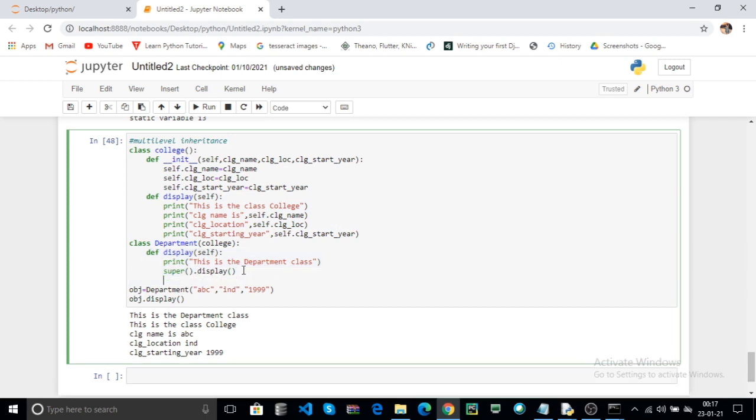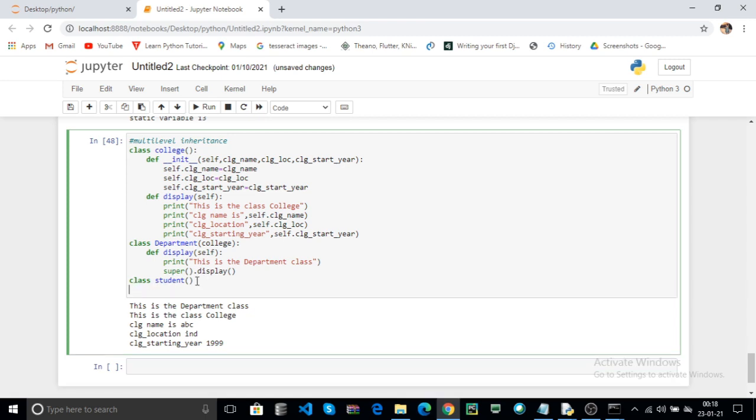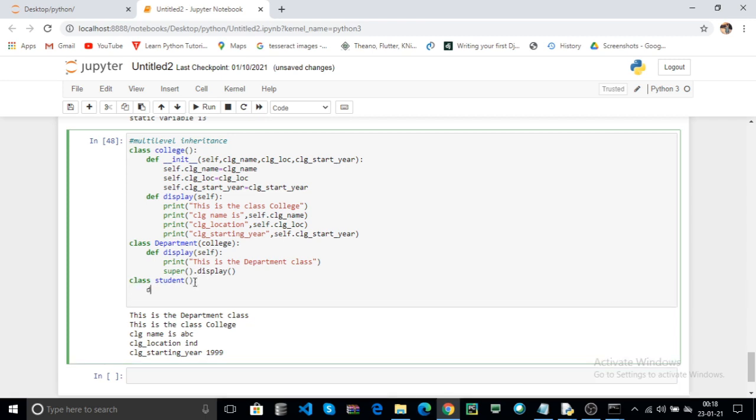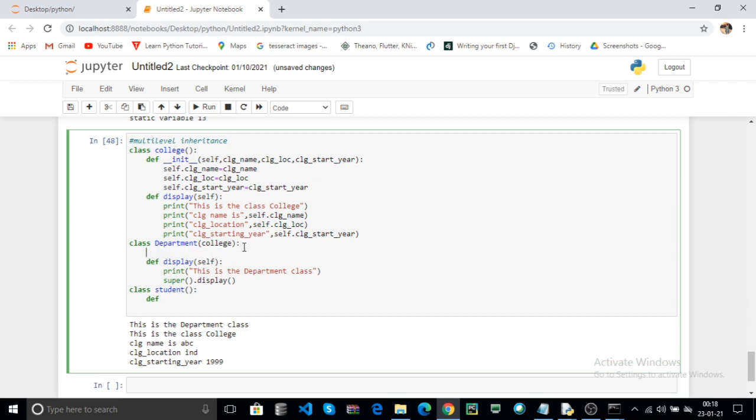Now create another class, for example student. Here we can pass, for example, self, comma, student name. Oh sorry, this is a class. Here this class contains one constructor. Here also call one constructor, def __init__.